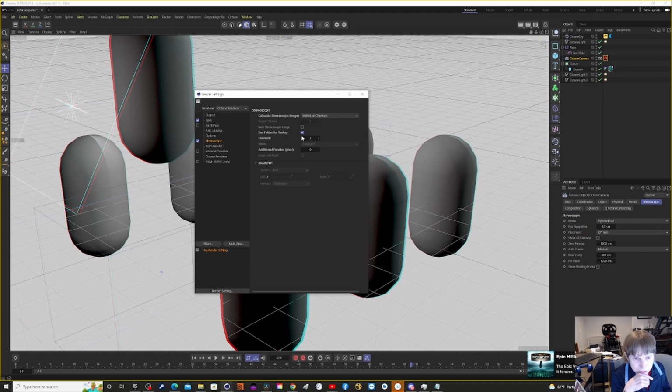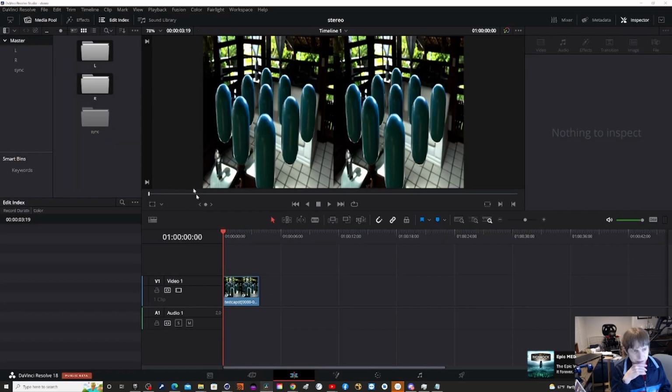Use folder for savings. So what that's going to do is each channel's going to have its own folder, and what you're going to do here is pull the folders in. You're going to make a left folder and a right folder and a sync folder. If you look here, I guess it's moved it to the sync. But you're going to put your left channel in that folder, and your right channel in here,